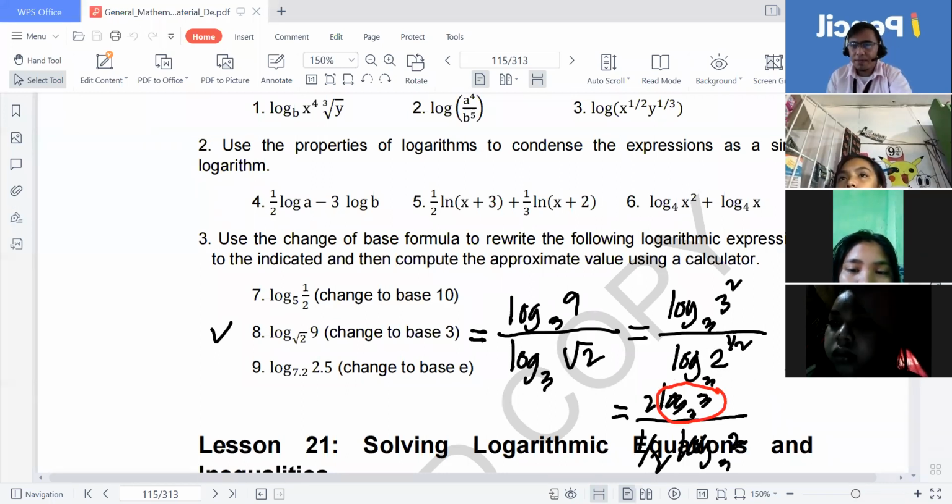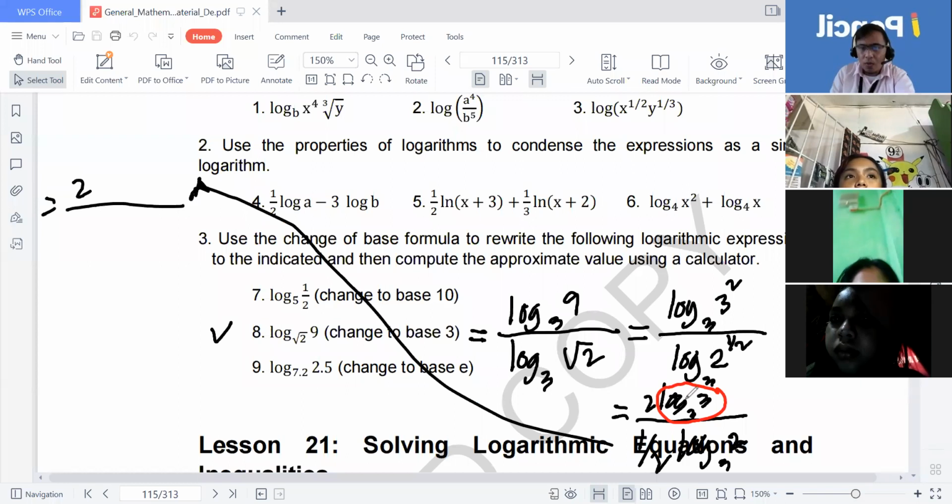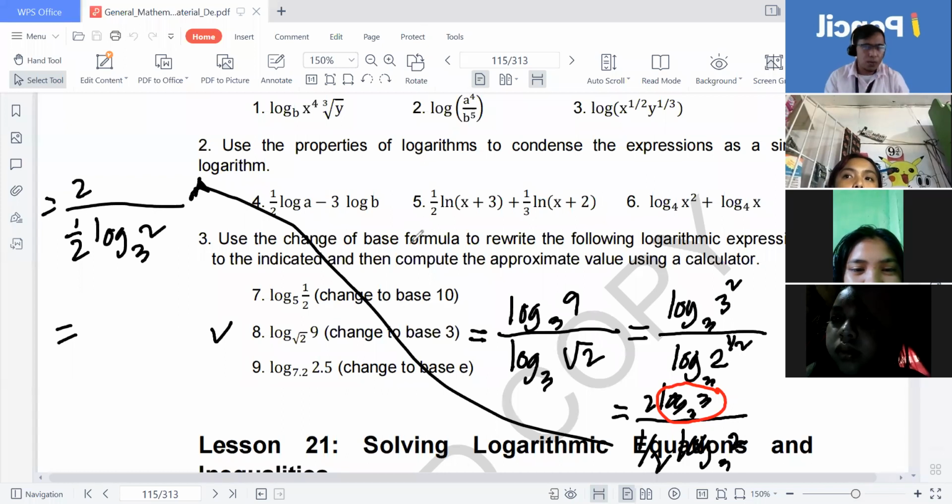So in that case, it will now be equal to 2 over 1/2 log of 2 base 3. But then again, this 1/2 can be transferred above, since it is an exponent in the denominator. So in this case, it is now equal to